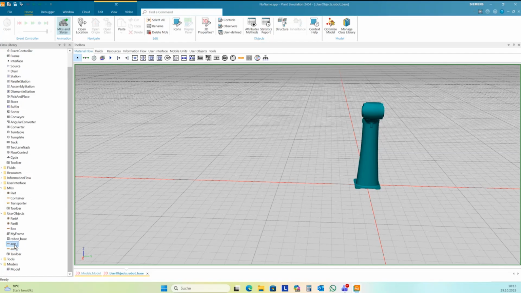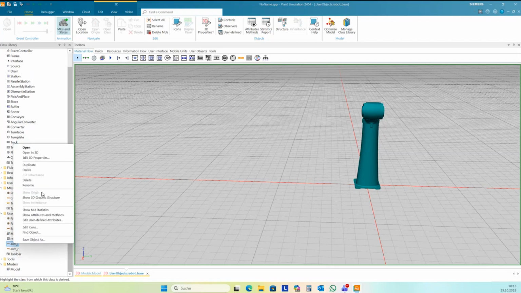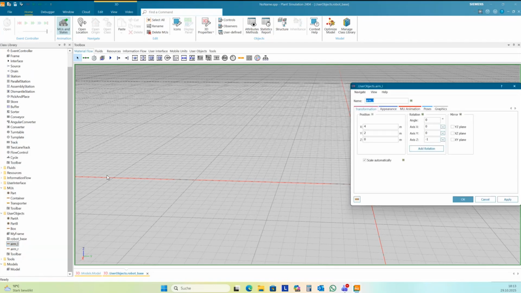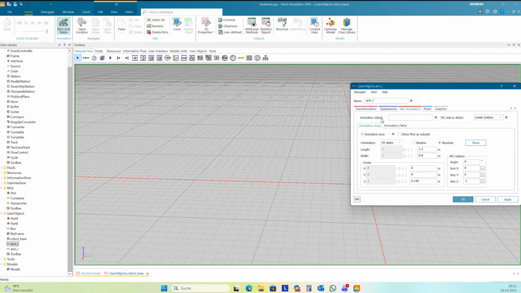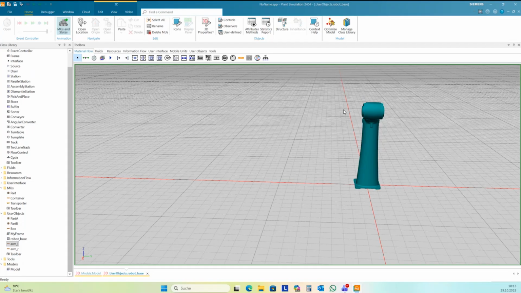So this container has its own MU animation, and I can here edit 3D properties, define animation object, one animation object for each arm, and so I have 2 animation objects for the complete robot. I can also make 4 arms or more.